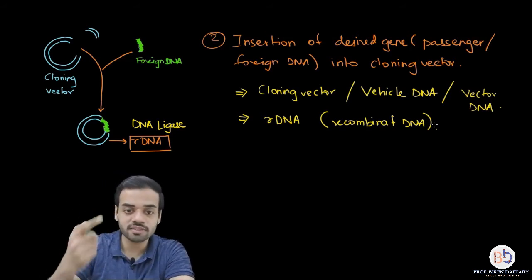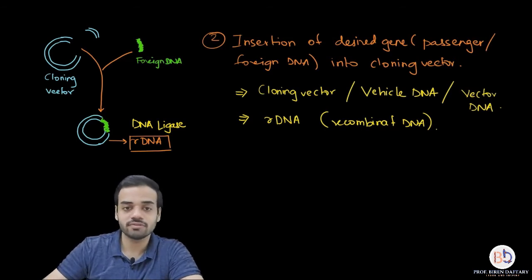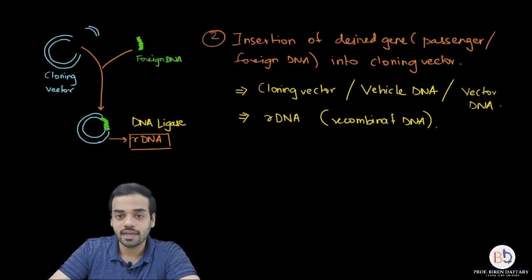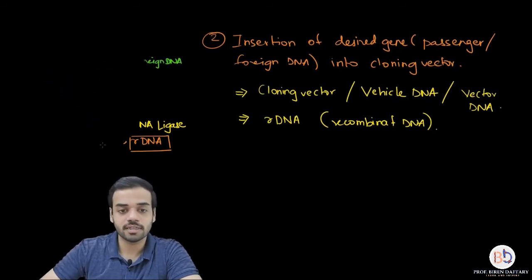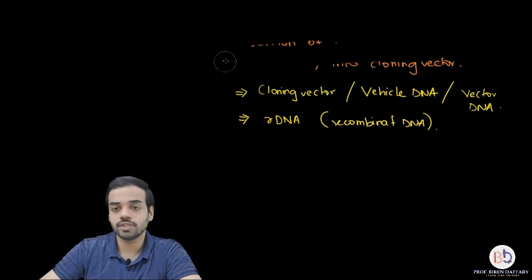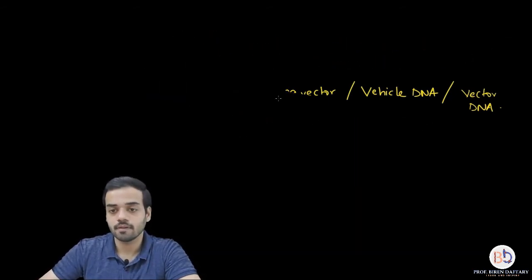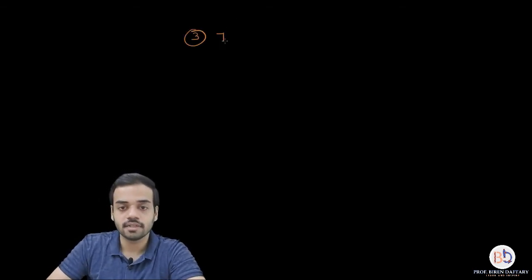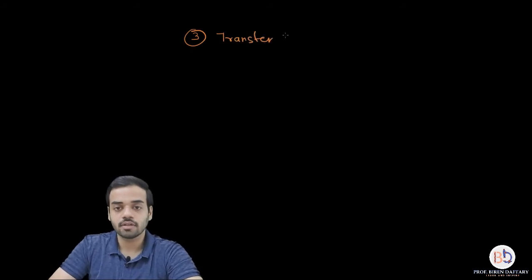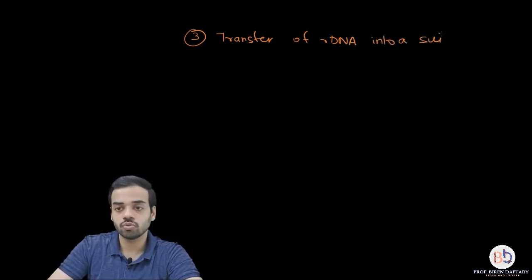Now, which is the third step. So what we are going to do is, we are going to move ahead, and I will do one thing, I'm going to rub this off. So now the third step is going to be, okay, let us write down the third step in the mechanism. So the third step is transfer of recombinant DNA into a suitable